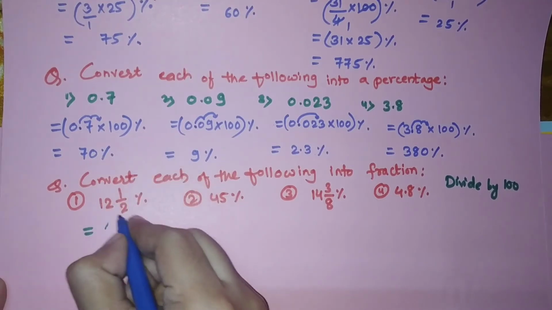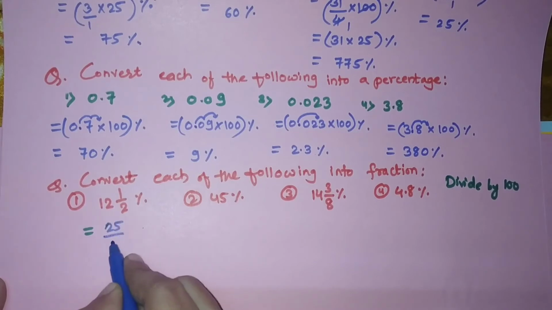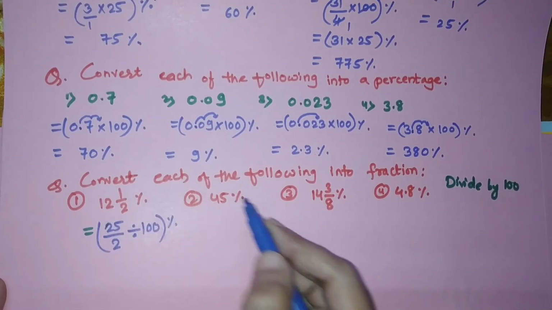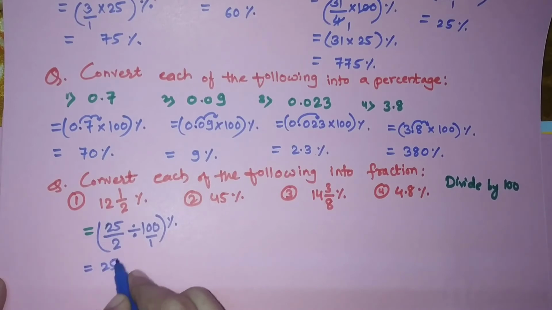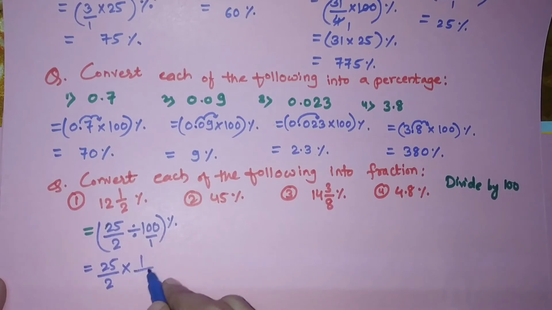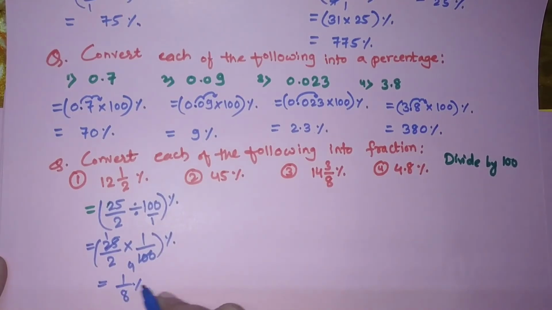So we'll write down here 12 1/2. We'll convert it. 12 2s are 24 plus 1. We'll get 25/2. And we will divide it by 100. So here you will get a division of fractions. You can consider 100 as 100 by 1. So just write down the first fraction as it is, and this division will convert into multiplication. We'll get here 1/100. Friends, now simplify it. 25 1s are 25, 25 4s are 100. So we'll get here 1/8. This is the answer, 1/8.